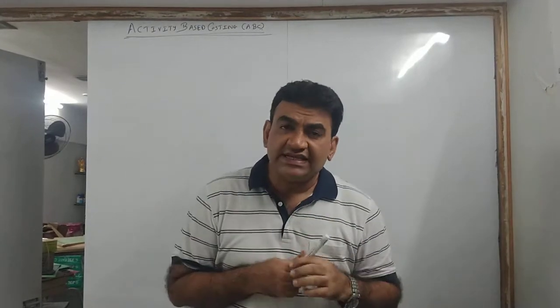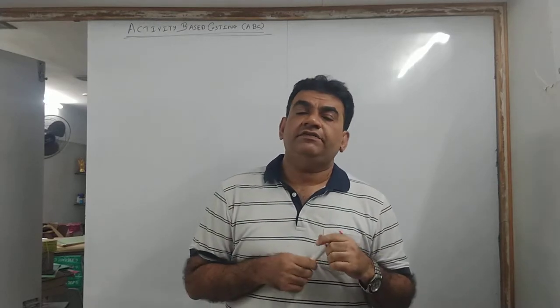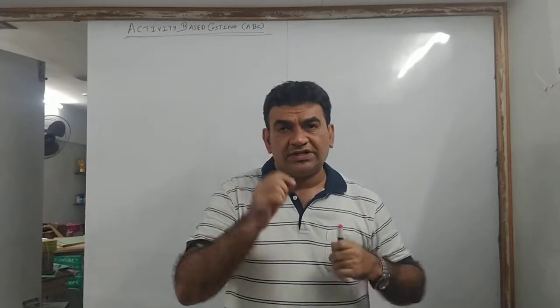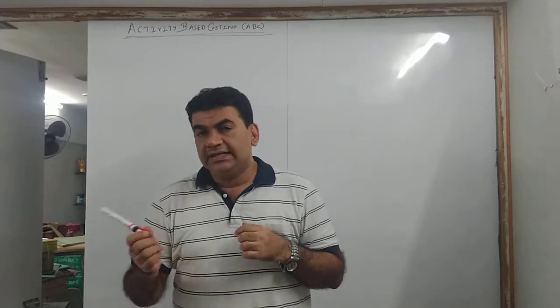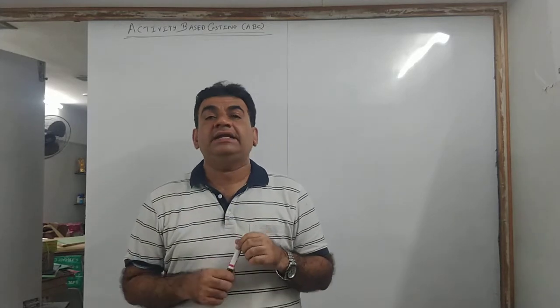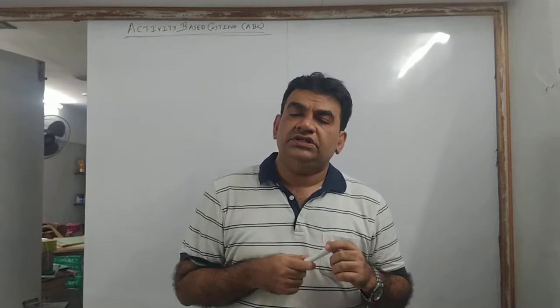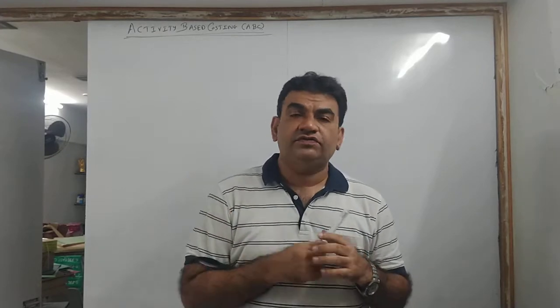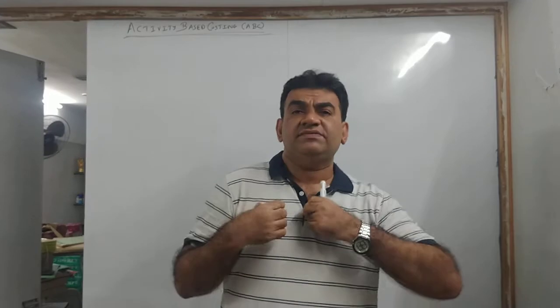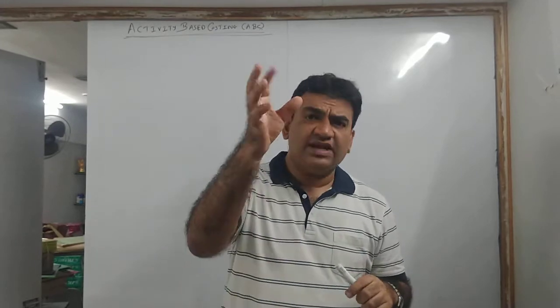We get into the next chapter of costing. We are done with 4 chapters, 3 main chapters, and then 1 small chapter of uniform costing. Now I take the next chapter, activity-based costing, which 2 years before was introduced first time in the syllabus. A very simple chapter, a very nice chapter, and a very small chapter.